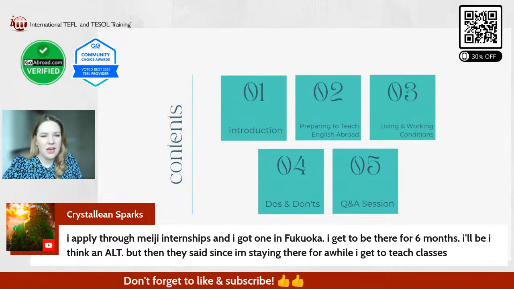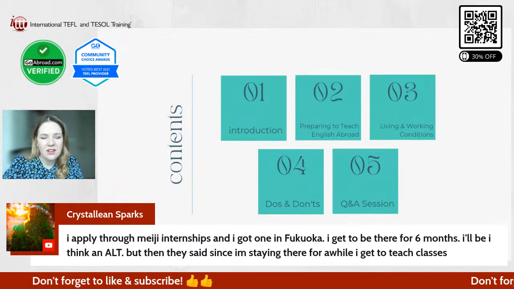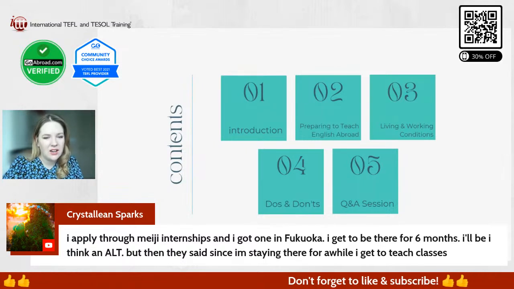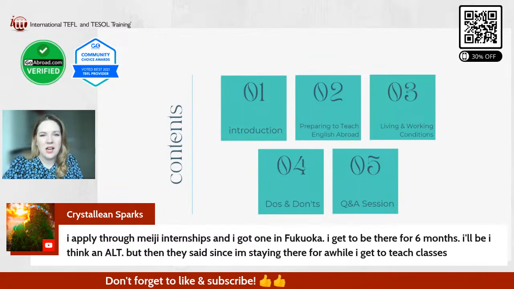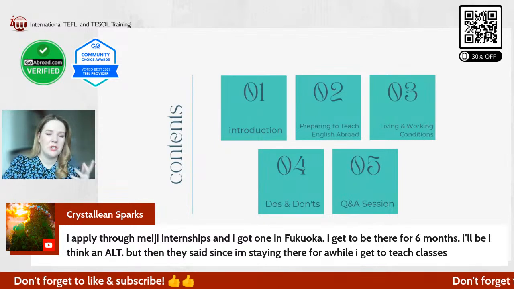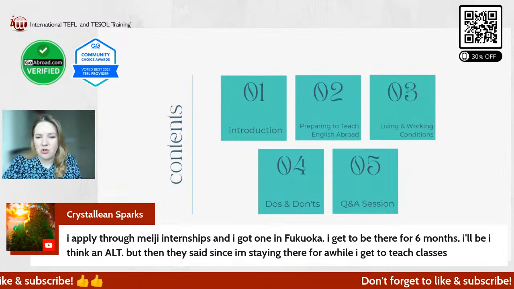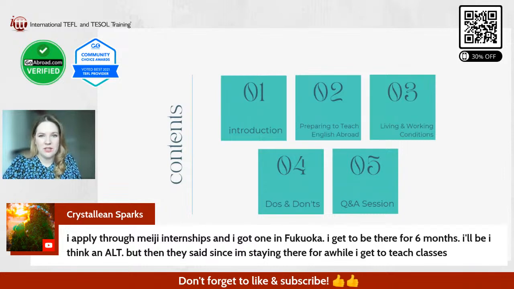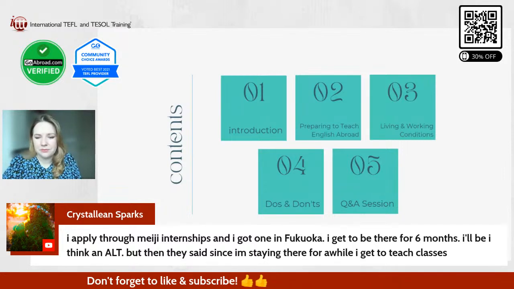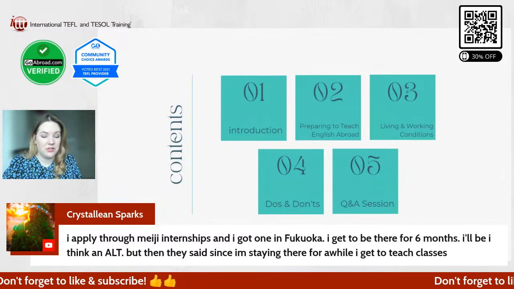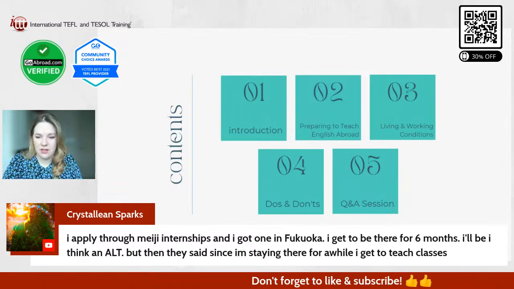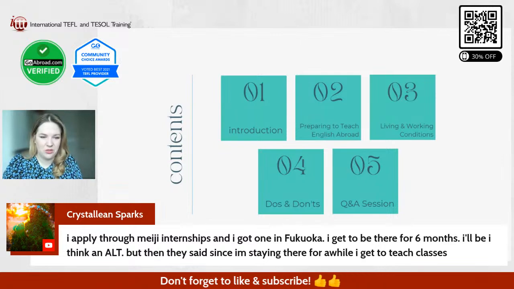Very cool. Oh, yeah, university accredited internships across Asia. Oh, they also have South Korea. Interesting. Okay. Nice. All right. Awesome. That sounds like a great opportunity, especially 6 months is going to be so great. And Fukuoka is nice. I've been once, but just very briefly. But I remember it was a really, really nice city, kind of near the ocean, right near the sea. So that's really nice. Cool.